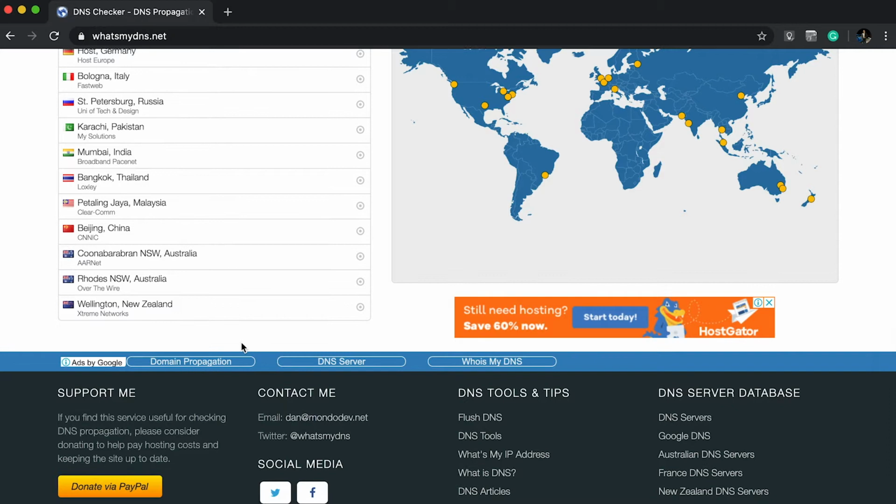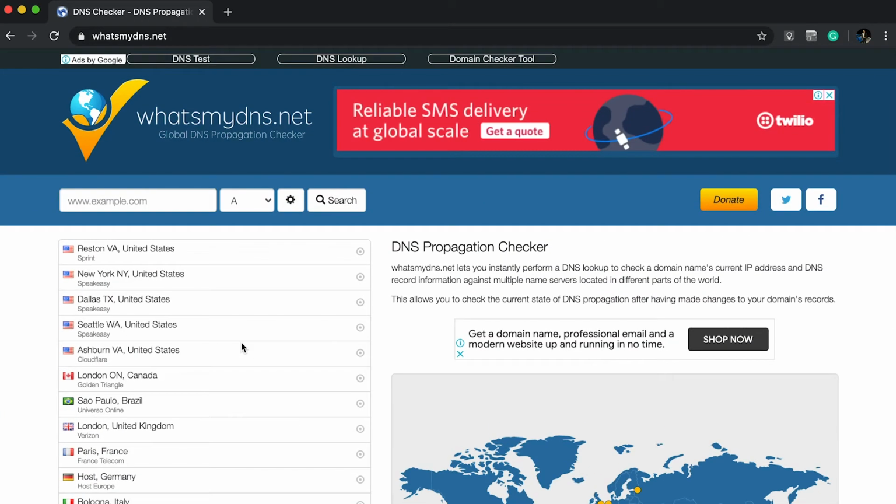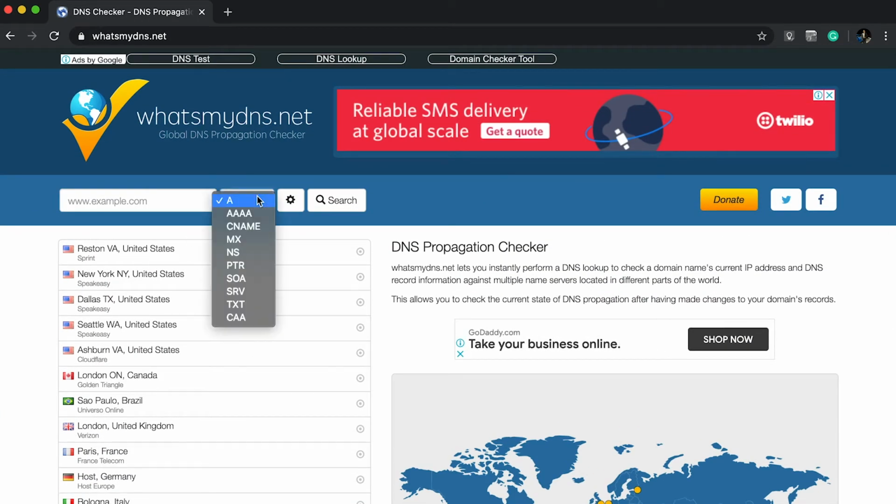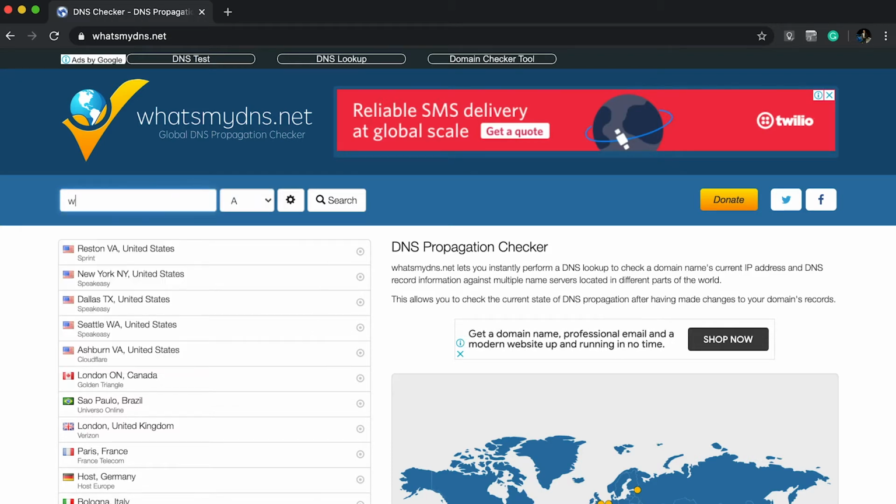Now, a lot of us developers or a lot of us users sometimes are quite impatient or would like to see a result whether your domain is being configured or when it's ready to be pointing to that web hosting. So in order for you to keep track whether your domain has been propagated or not, I would use whatsmydns.net,